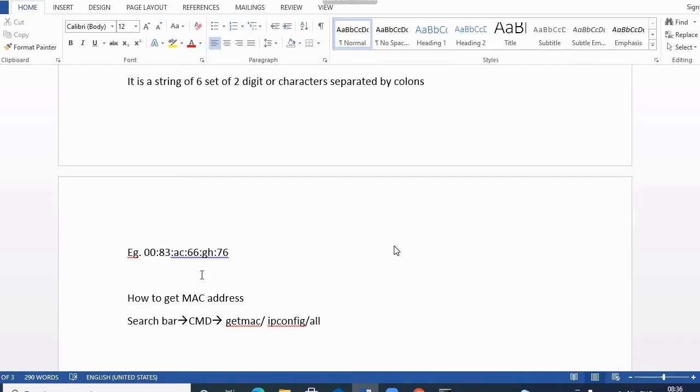ipconfig /all. Okay, if you give just ipconfig, it will not show the physical address. It will show only the logical address. With ipconfig /all, you will get all details, all physical and logical addresses. Okay, so this is what